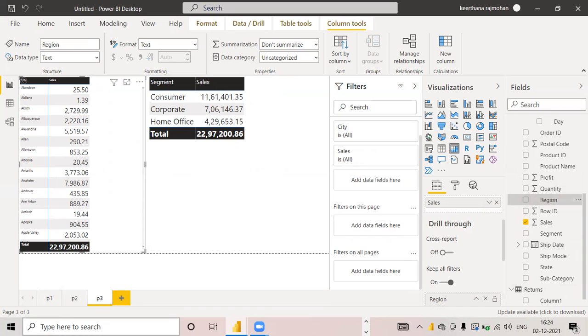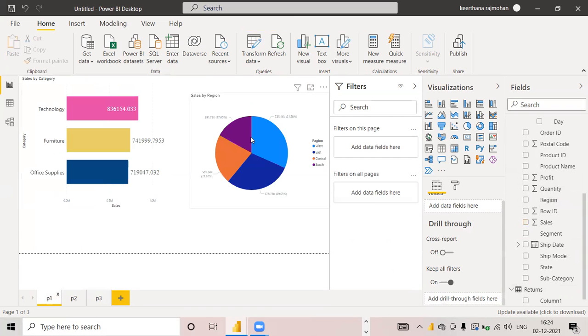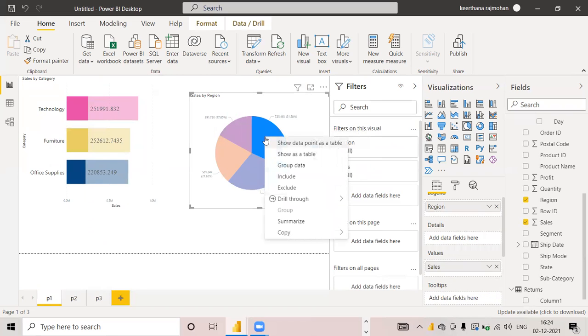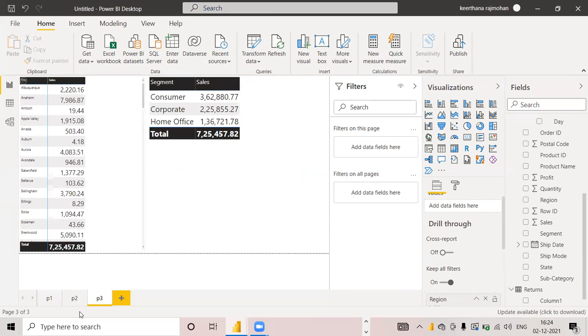So in this case, when I move to P1 and here we have region, I'm right clicking on this region and choosing drill through to P3. So we can see that it is moving to the third page. Like this, we can apply drill through to each of the pages.